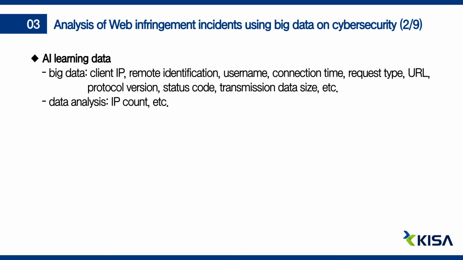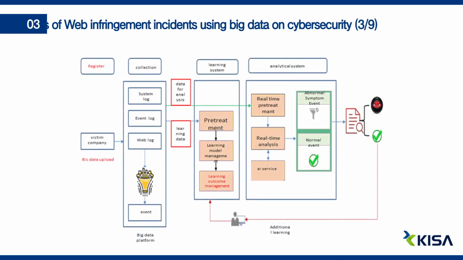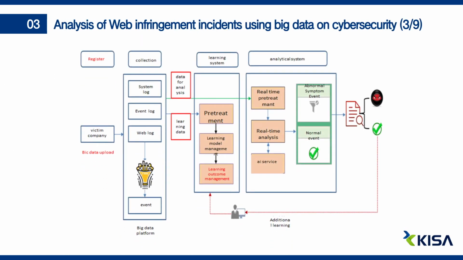Then, the features are extracted from the data analysis, such as IP count. The analysis from learning is classified into 3 types: SQL injection, shell execution, CNC communication. At this time, we'll focus on the SQL injection attack. The machine learning learns patterns of the abnormal big data, extracts the data of similar patterns, and provides them to analysts. The web infringement incidents analysis learns 3 types of abnormal log using log filters in the access log file